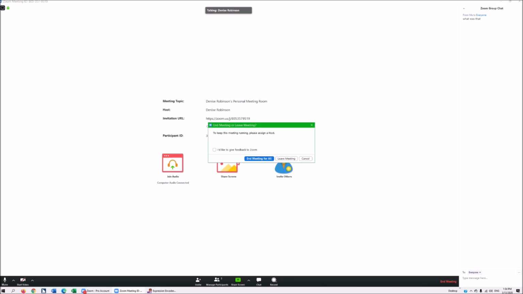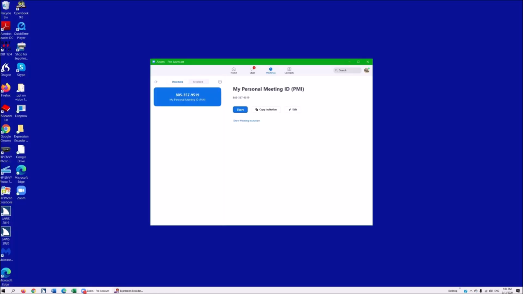Alt Q, end meeting or leave meeting. Start meeting button. Okay, now let's do another option. Let's go ahead and tab. Copy meeting invitation. Show meeting invitation. All of those are exactly the same. You can copy the invitation or show the meeting invitation, but it's much faster to start it and then just send it